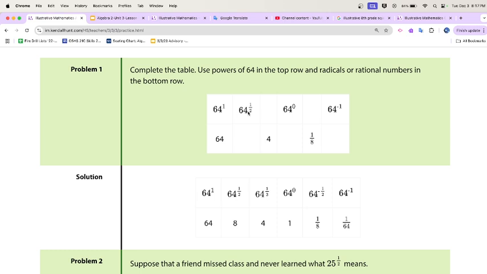64 to the 1/2 power. That means what number times itself is 64? And that would be 8. Now, if the answer was a 4, 64, we've seen these past few days, is also 4